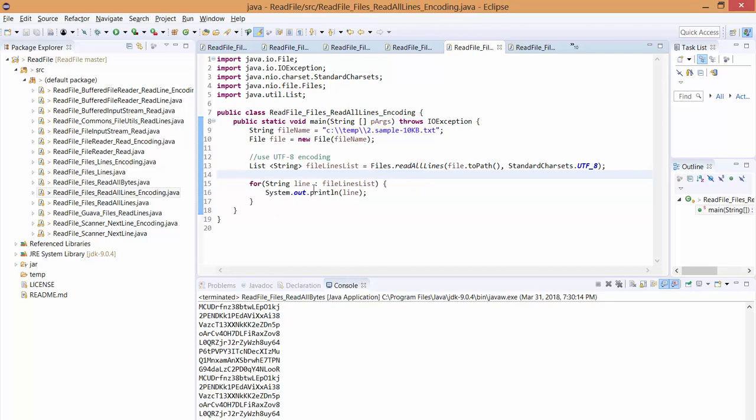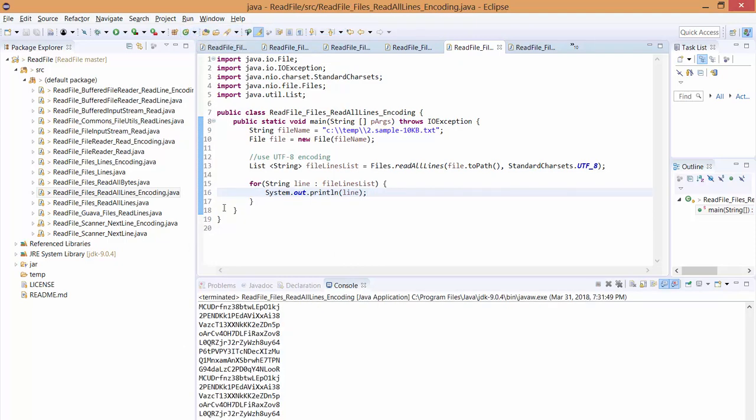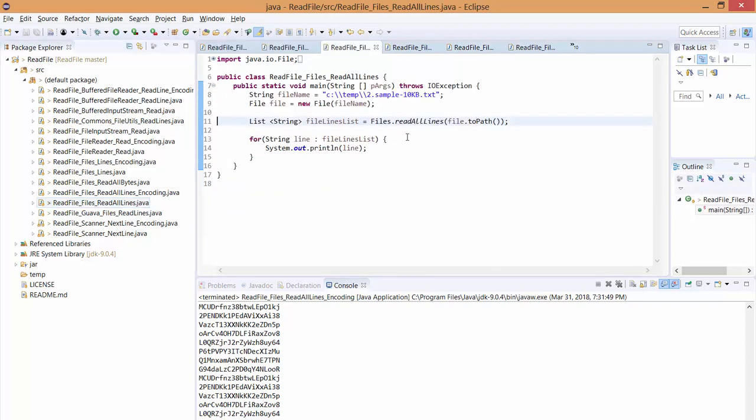And we're saying go through that list of strings and just print them out one at a time. And there it is. So now we're going to do read all lines, but without the encoding. And that's this one right here. So what we're doing is we're saying read all lines and just a path to that file. And that's it. And it gives us, again, just a list of strings for each line in that file. And we're going through that list and printing it out one at a time. And then if we run this,